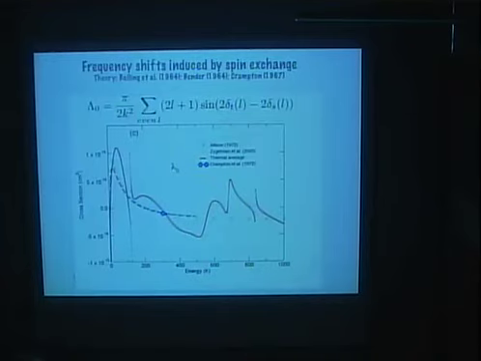In addition to inducing transitions among hyperfine levels of hydrogen atoms, spin exchange can also lead to frequency shifts of a resonance line in the hydrogen maser, that is the A to C transition. Measurements of this line in comparison with theoretical data provide yet another test for the quality of the potential curves used in our calculations. Here we give the result of the calculation for the shift parameter using the multi-channel theory. Comparison with experiment and the elastic approximation calculations of Allison shows excellent agreement.